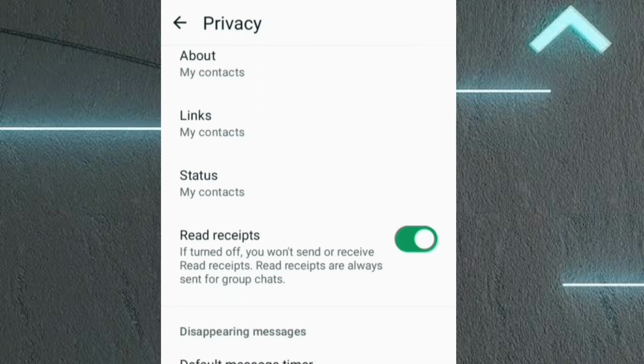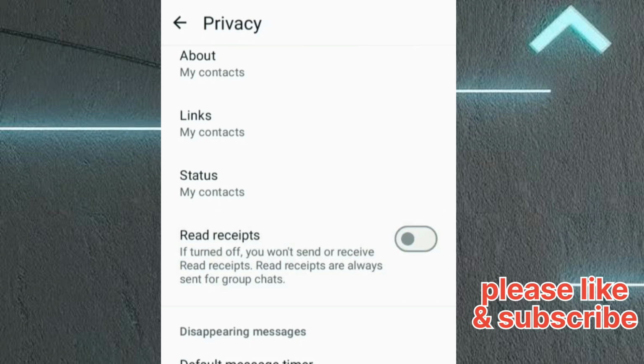Make sure that you turn off this. If this is turned on, the read receipts, make sure that you turn it off. Once you turn this off, no one is going to be able to see that you have viewed their WhatsApp status, so you can view them secretly, but also you will not be able to see those who have viewed your WhatsApp